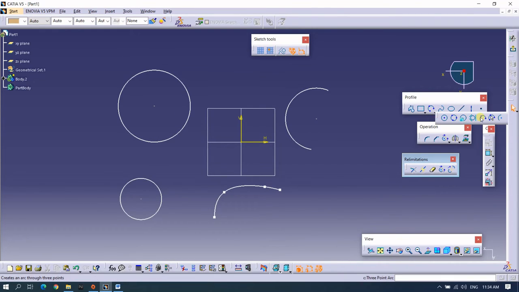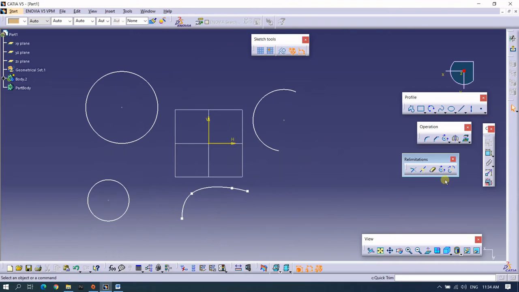This 3-point arc, the arc starting with the limits, and the third is the simple arc. Now that is the last, the complement. When I click on the tool and I select the open arc, yes, you can see it creates the complement. Complement is in the sense it will create the second part which was not visible to us, and it will delete the initial part of the arc.